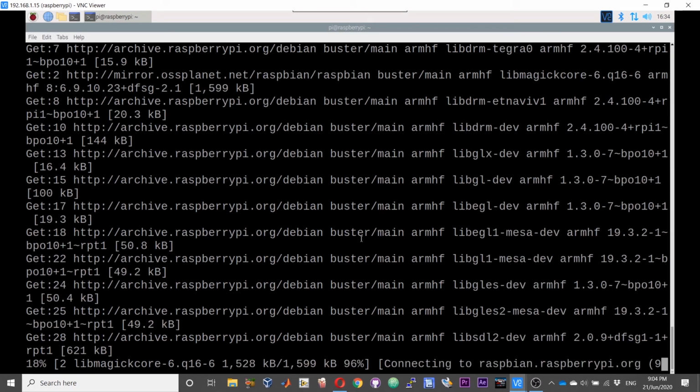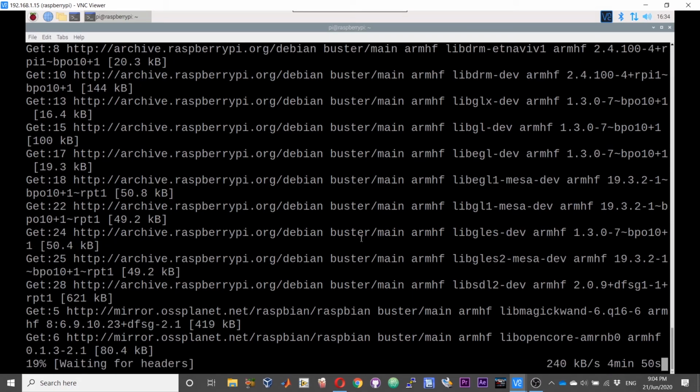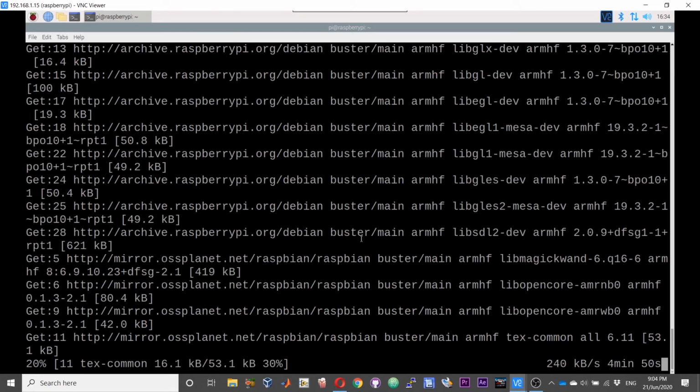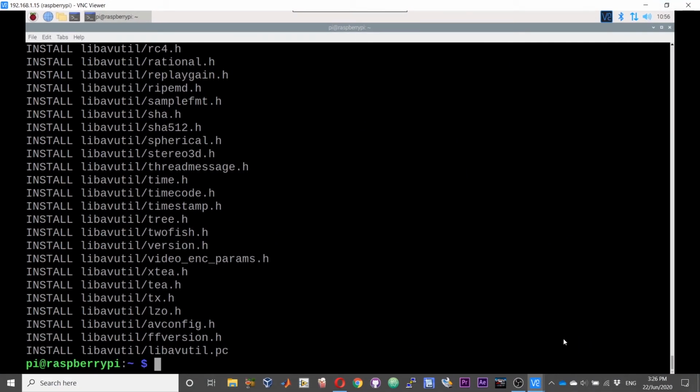Once ffmpeg is compiled, you can proceed with the compilation or installation of Nginx. The ffmpeg has been compiled and installed, so the next step is to compile and install Nginx.